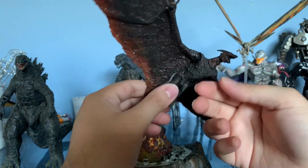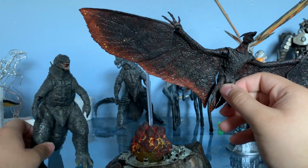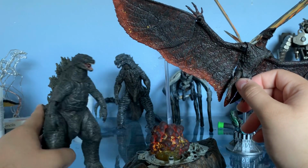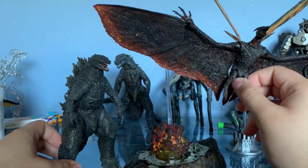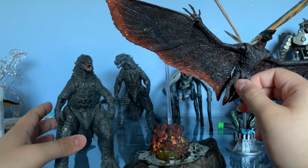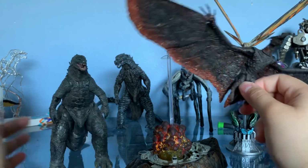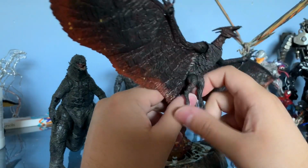And I thought to myself, well, they look fairly accurate. He was telling me how the Godzilla 2019, this one right here, the NECA one, isn't accurate, because like everyone says, the dorsal plates are too big and whatnot. It just looks like the 2014 with 2019 updates. And I mean, I even told him, I think that's how the design is. It's just 2014 but with updates. And I mean, he felt that there were more differences. So we